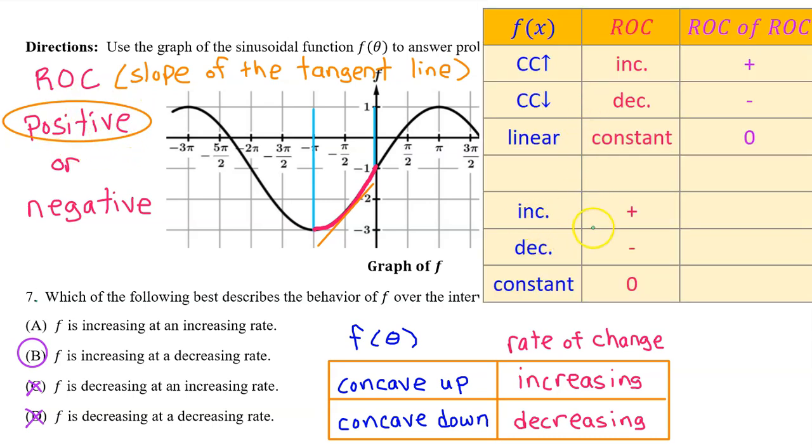Here's another way to think about it. I've asked you to memorize this chart showing the graphical relationships between f, the rate of change of f, and even the rate of change of the rate of change. To answer this question, we need this part of the chart. The rate of change will be positive wherever f is increasing, and the rate of change will be negative wherever f is decreasing. Since we can easily see that f is increasing on this interval, that means the rate of